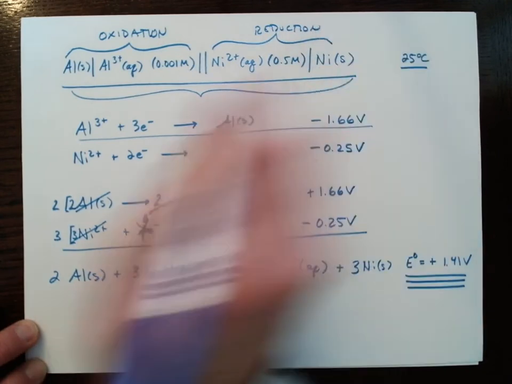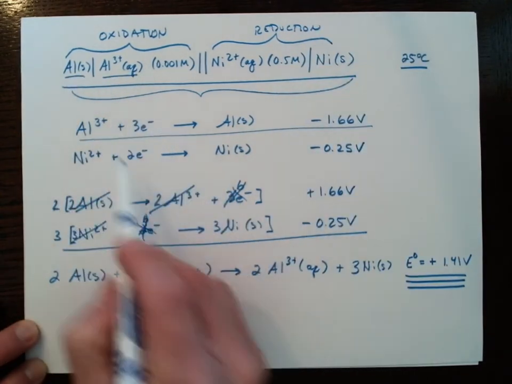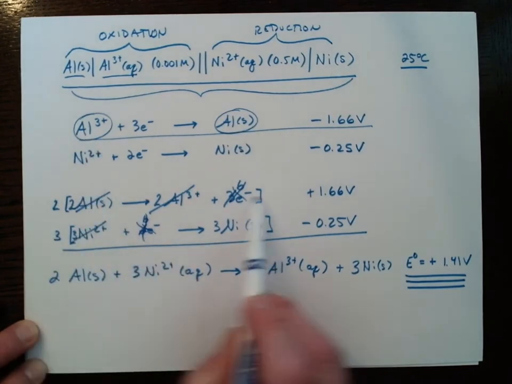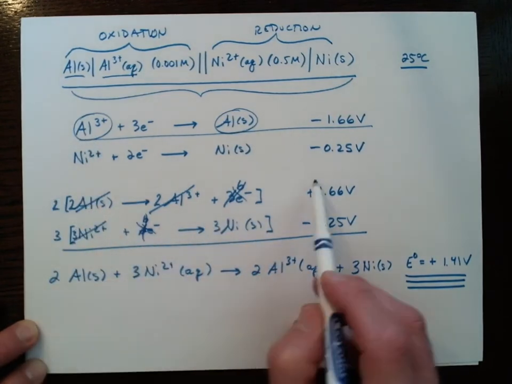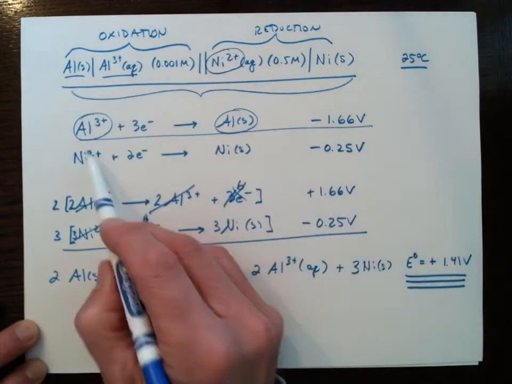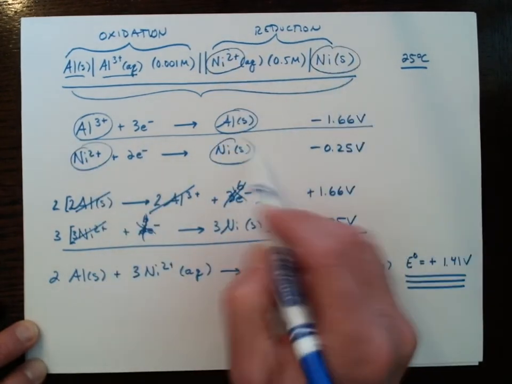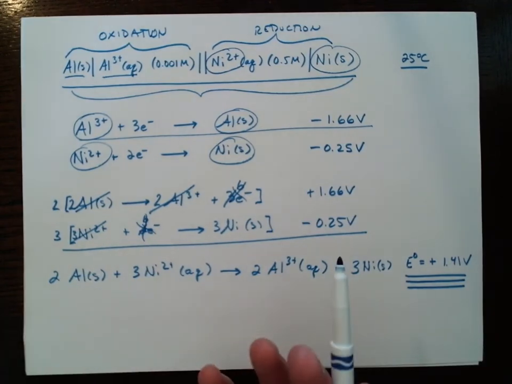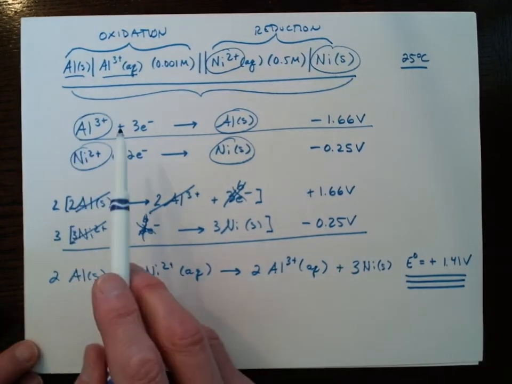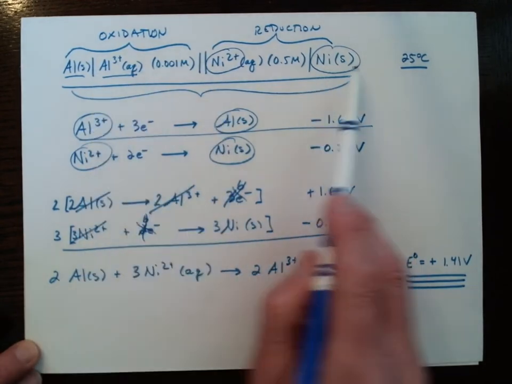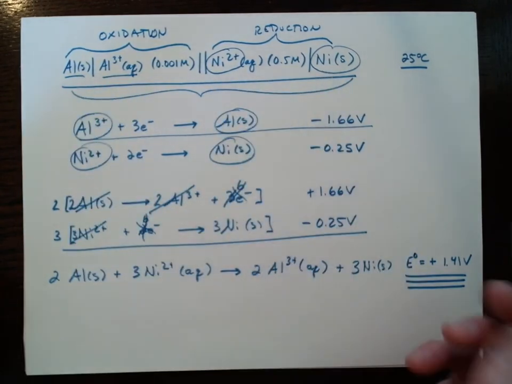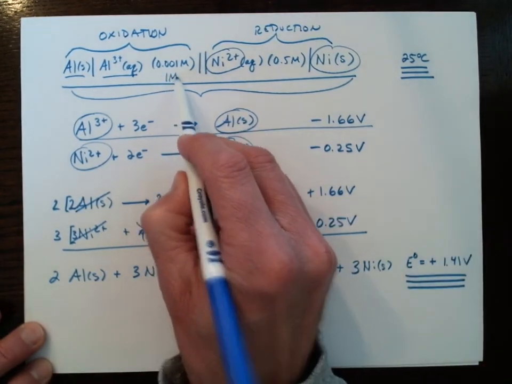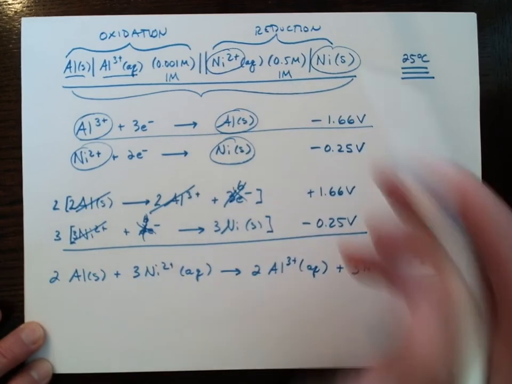And if you notice, we've got solid aluminum and aluminum 3 plus being oxidized, right? There's the oxidation step. So that's awesome. And then over here we have nickel 2 plus and solid nickel and a reduction step. So this is great. What we've actually done, we've already done part B. We have determined the standard cell potential for this reaction, and that would be at 25 Celsius. And it would also be if this was 1 molar and if this was 1 molar, which is not the